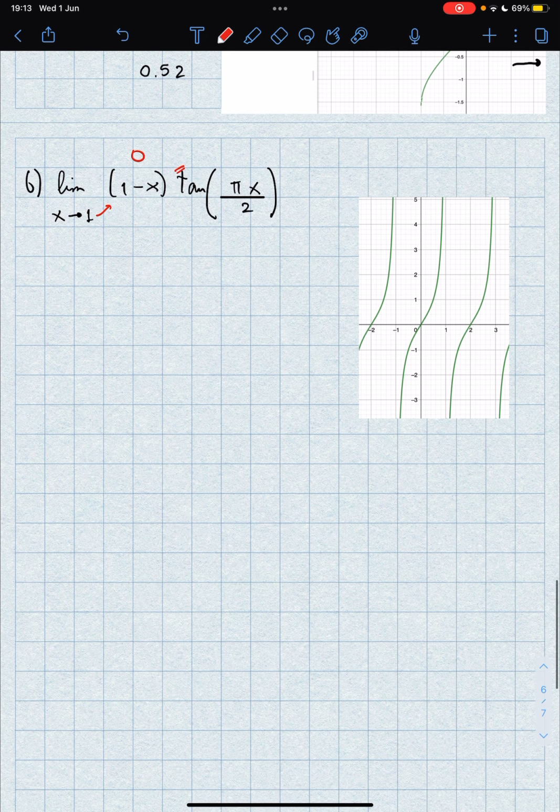In the tangent, we have a function. This is tangent of pi over 2 multiplied by x. This is the function, just so you know. So if we plug this 1 that we have over here,